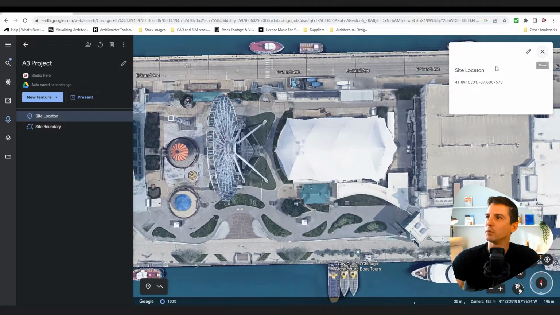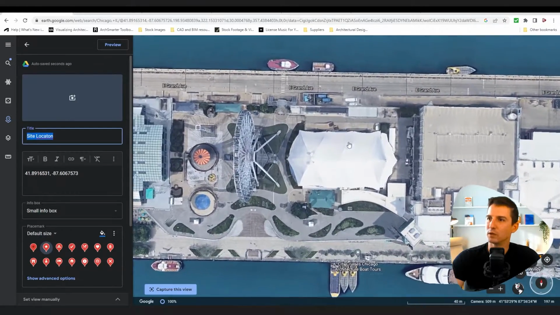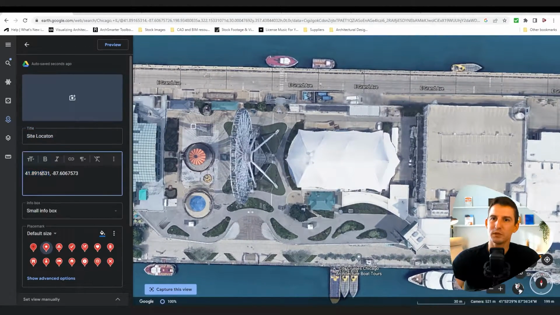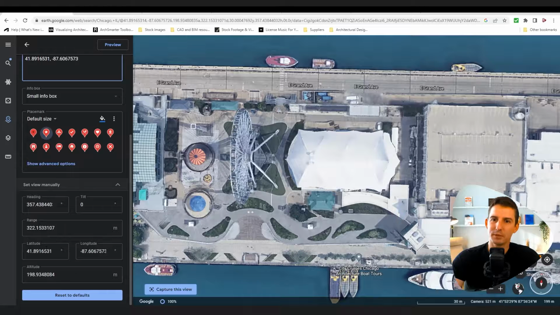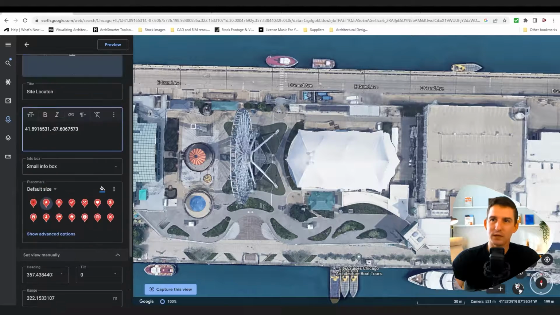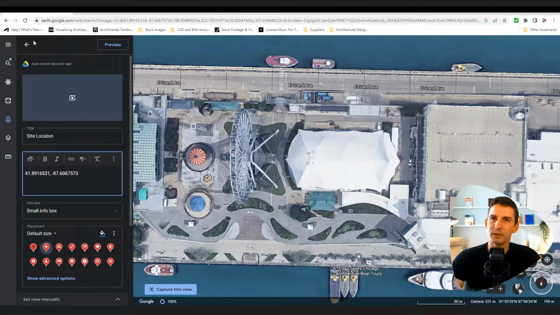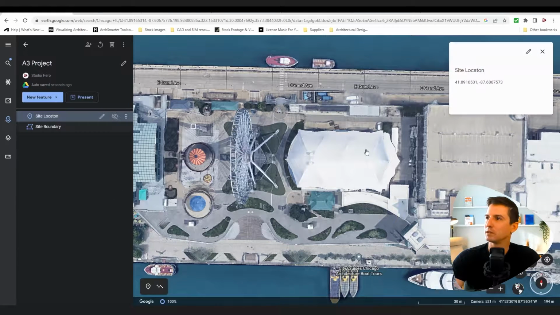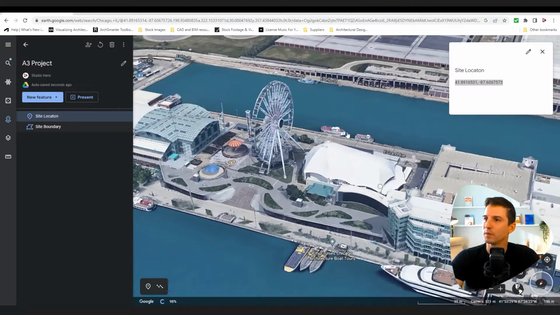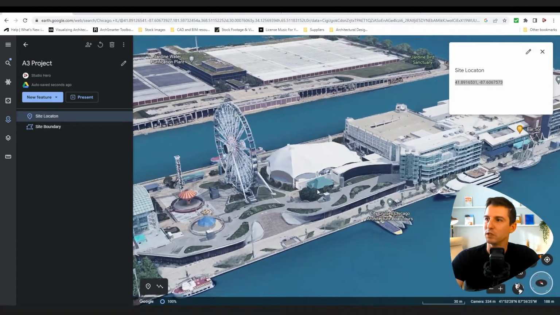Now it's really cool on both of these. I threw in a description here on the site location for the longitude and latitude, and to get it to pop up like that, you can go and edit the site location marker. Here's the description, so that's why that pops up. And I just copy and pasted that from the latitude and longitude that's down here. So you just go and throw that right up in there. And then it's really easy. When you click on site location, you can go and copy this information real fast and easy if you need it for anything else. And we're actually going to use this for our next part of our site documentation,